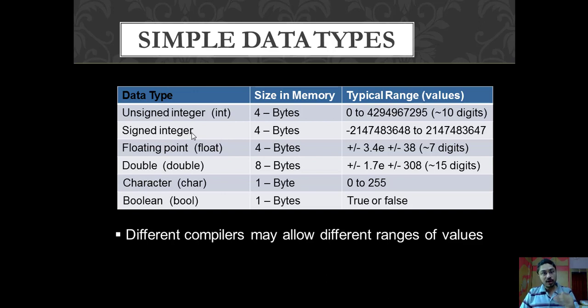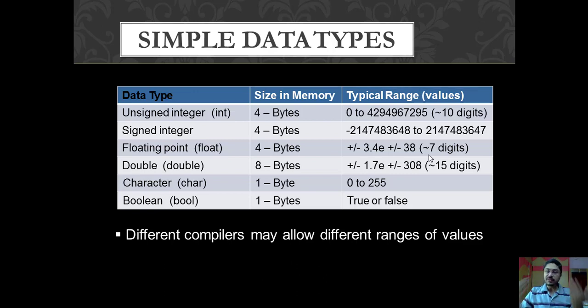Then if you want to work with floating point numbers, now integers are nothing but whole numbers. They cannot store a fractional value. But if we want to work with fractional values, then we have floating numbers. So that is nothing but a float. Floats also come in different variations. If we want to work with a small range of floating type values, then we can use the 4 bytes of float and it will cover this much range, 3.4e plus minus 38, that is up to 7 digits. So that is a very big number actually.